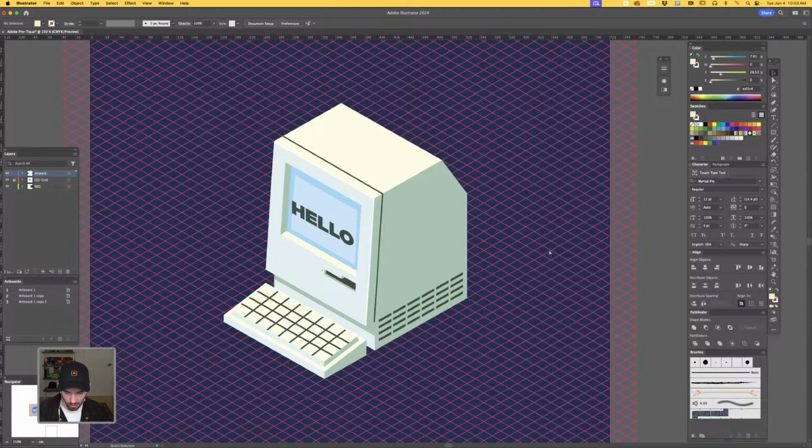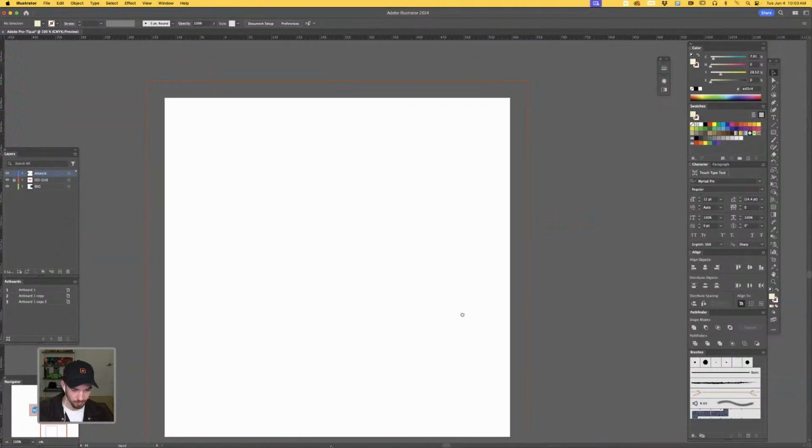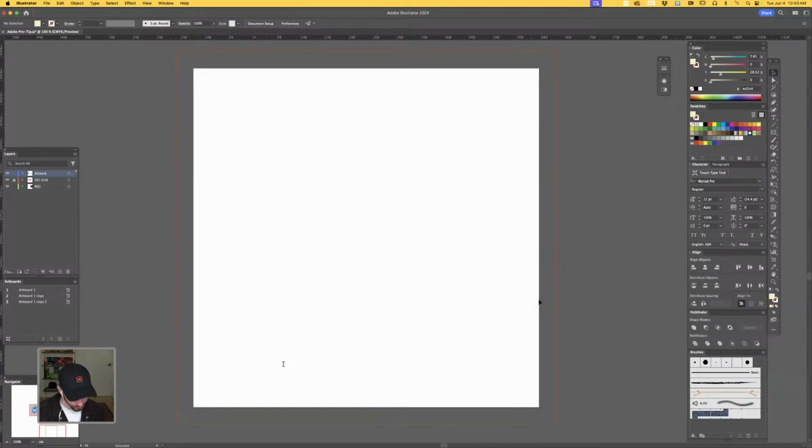So let's go ahead and start with, again, that grid. I'm going to jump down to a new artboard. First, we're going to hop on over to our toolbar here, and we're going to look for what we're going to use, which is the rectangular grid tool. Sometimes that's hidden up under your line tool or your line segment tool. So go ahead and click on your rectangle